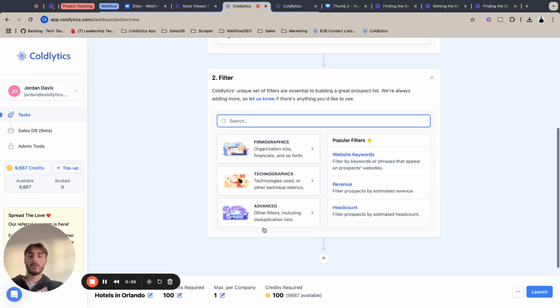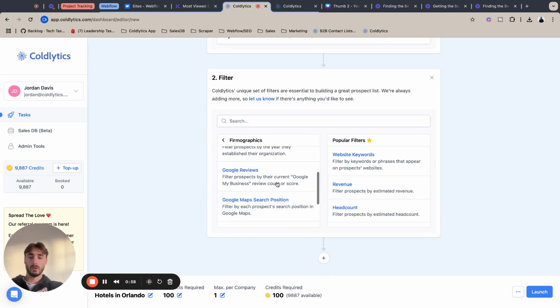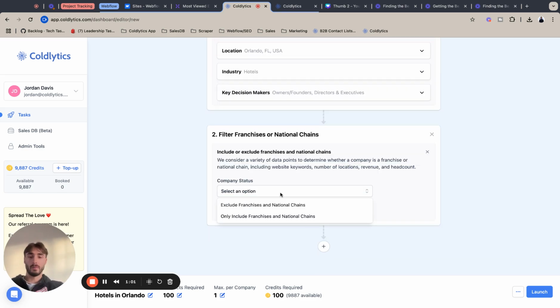For filters today, the first one is we want to make sure with hotels that we're actually excluding franchises and national chains. If you want to do marketing or selling marketing services or a product to a hotel company, typically the big hotel chains